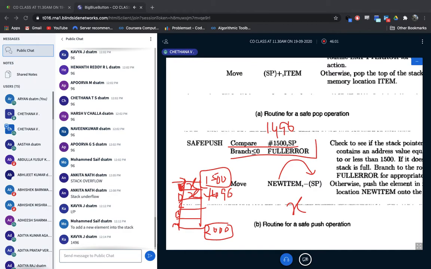After you have inserted the item into this location, the pointer will be moved to 1500. So how to do that? This is the push operation, so pushing is inserting the item. As soon as you have inserted 2000, this is